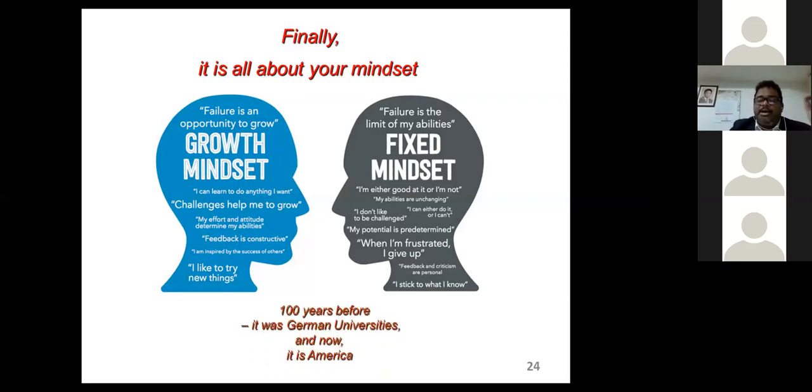Actually, 100 years before, the best universities meant German universities, but now it is American universities, followed by the UK. Of course, recently Asian universities are doing good: China, followed by Singapore, South Korea, Hong Kong, then Malaysia. In the last 5-6 years, they are doing very good. India has only recently started thinking of doing a national education policy.